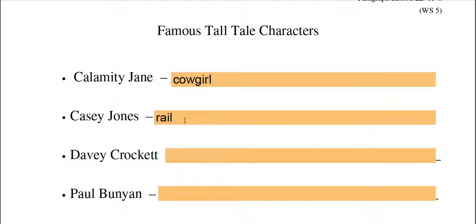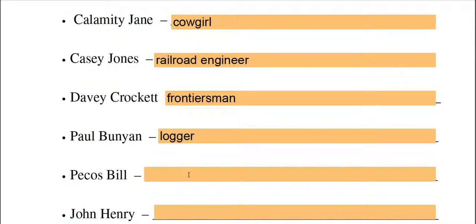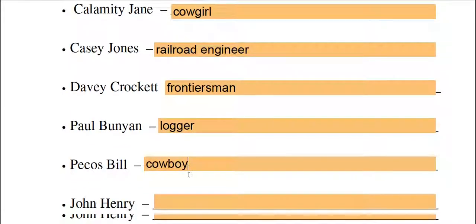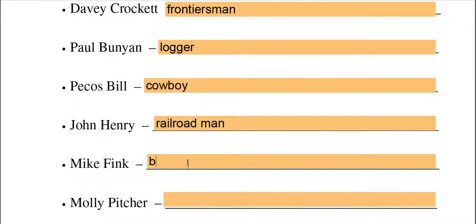Casey Jones was a railroad engineer. Davy Crockett, he was an actual man, of course, instrumental with especially Texas and Tennessee. But there are some tall tale type stories told about him. Paul Bunyan was a logger. Pecos Bill, he was a cowboy. John Henry was a railroad man. Mike Fink